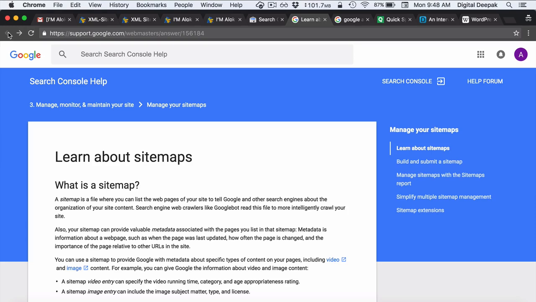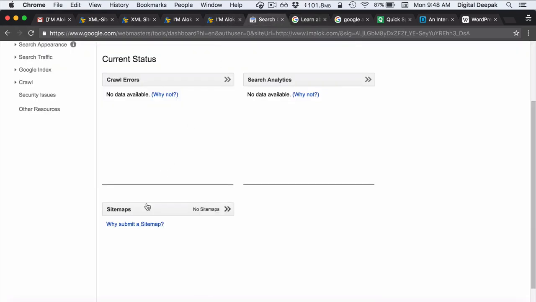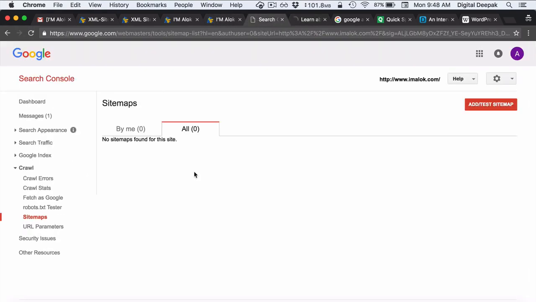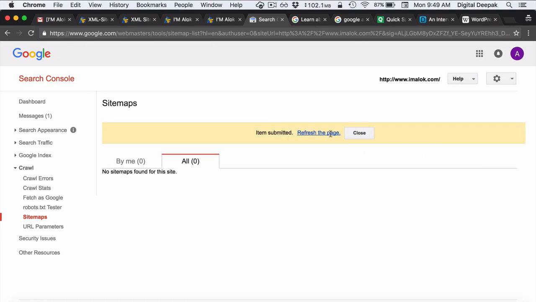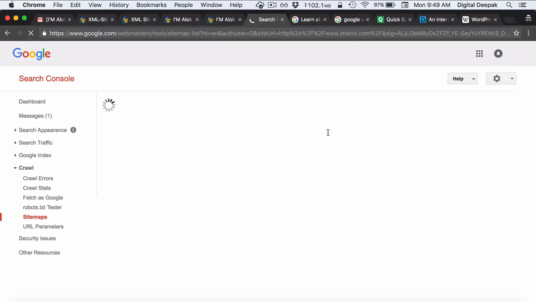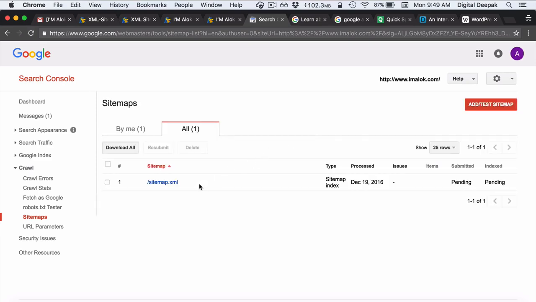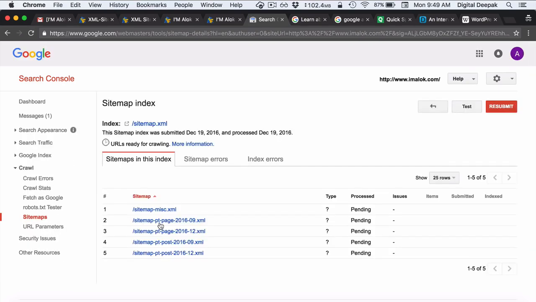Sorry, it's not this place. Go ahead, click on this link and click on add or test a sitemap. So it says iamalok.com already. Just remove this and click on submit. Refresh the page. So this is the sitemap. We have submitted the sitemap, and it will take some time for Google to go ahead and crawl all the